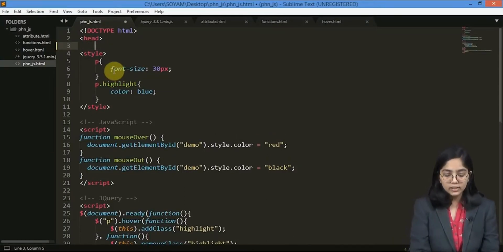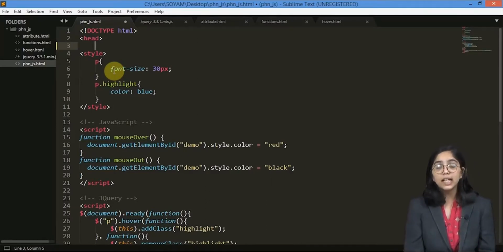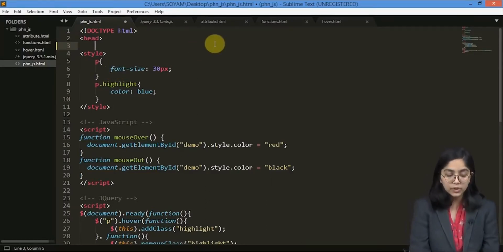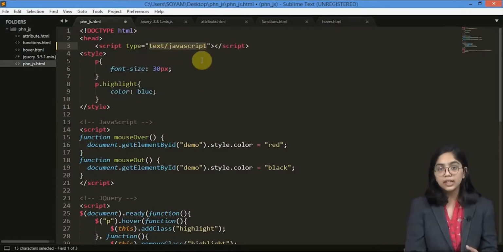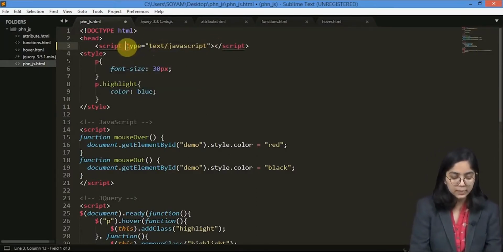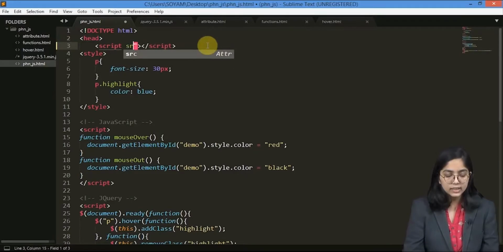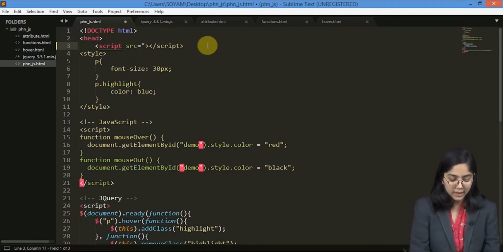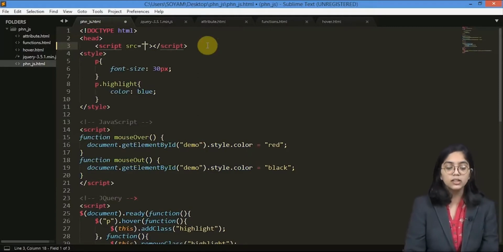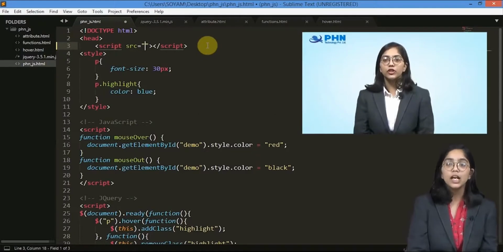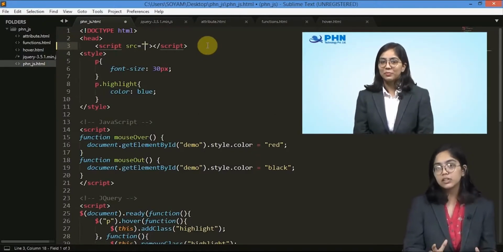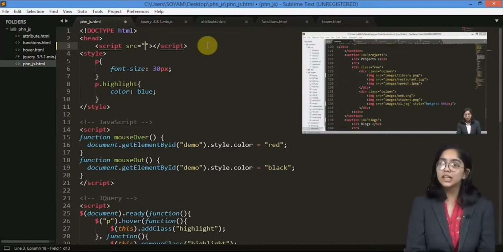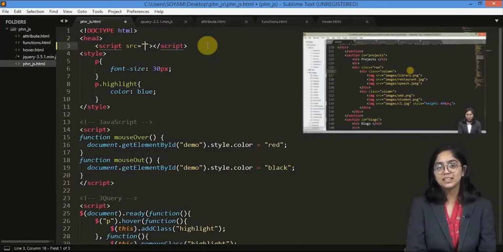Now if we want to add this particular .js library, jQuery, how are we going to do that? First of all, we can do it in the head. We will go for script, and then instead of type, we are going to have src. What does src mean? Those who have seen the HTML tutorial before this will have a clearer idea, and those who haven't, please go and check out the HTML and CSS tutorial series.